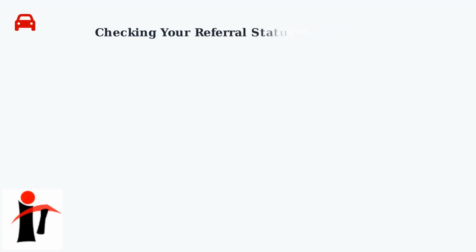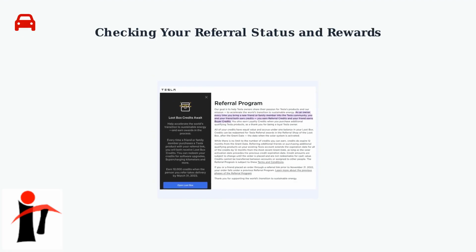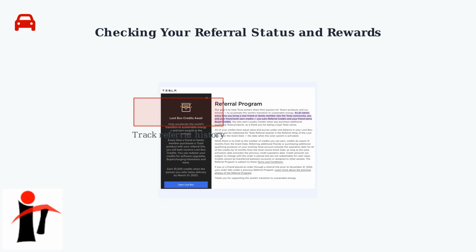The Referrals section in the Tesla app lets you track your referral activities. You can view your referral history, check the status of pending rewards, and see how many credits you've earned. Open the app and navigate to the Referrals tab to access this information. The interface shows your completed referrals and any pending ones awaiting verification. Look for sections showing your referral history and earned credits. The app displays how many credits you've accumulated and their current status. Remember that referral credits are typically applied to your account 1 to 2 weeks after the referred purchase is completed